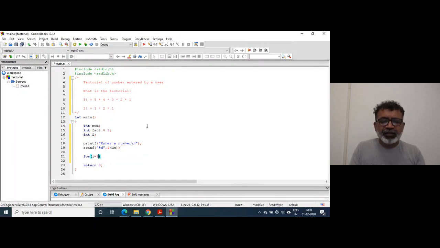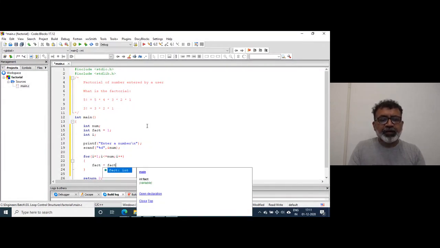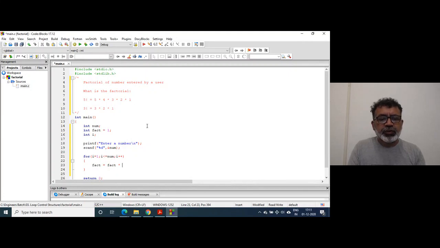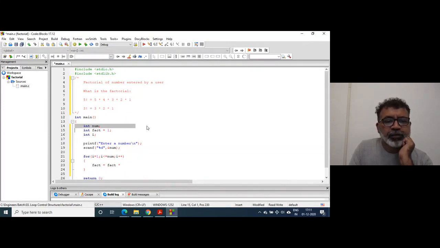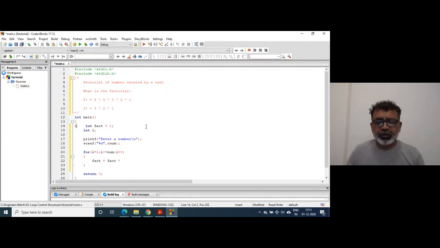so we can write it in multiple ways. I less than or equal to num, I plus plus, right? And I have to write fact is equal to fact into I. Can I write that I here?